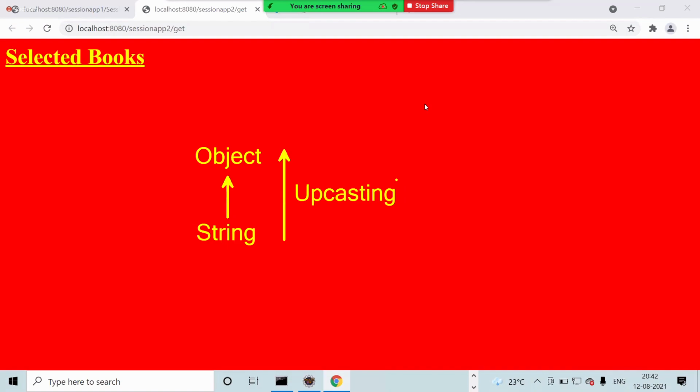If you assign a superclass object or reference to a subclass, it is called downcasting. Upcasting is always valid, but for downcasting, compulsory upcasting is required. After that, explicit type conversion is also required, then only it is valid.